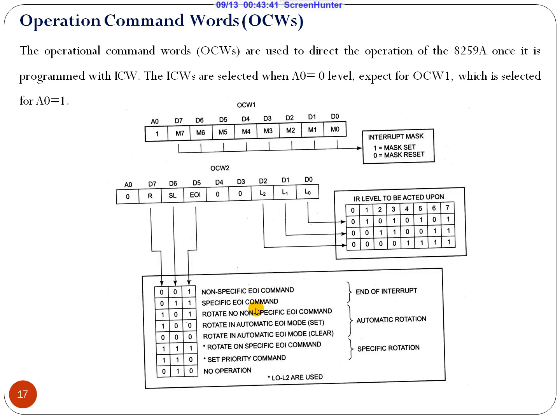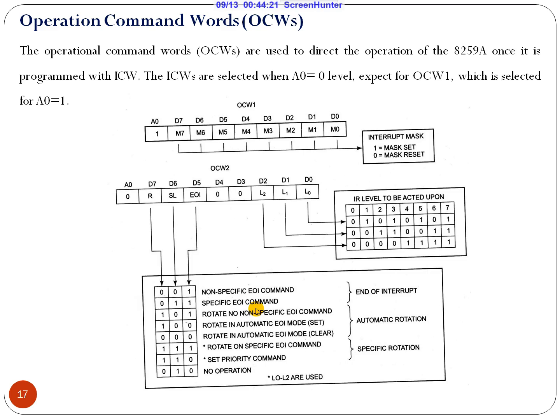If we are having a specific end of interrupt command, then if the particular highest priority task is running and we want to jump to a specific numbered task, whether it may be a highest priority or a lowest priority, if we are setting the particular specific numbered priority next to the particular highest priority, then it is going to be a specific end of interrupt command.